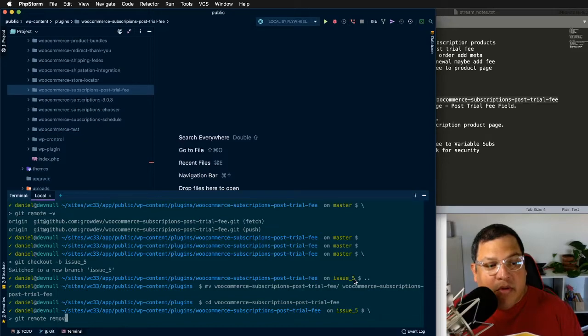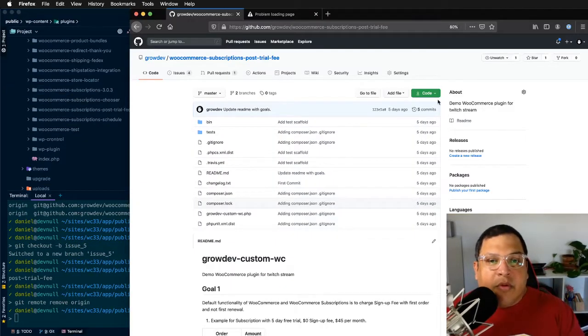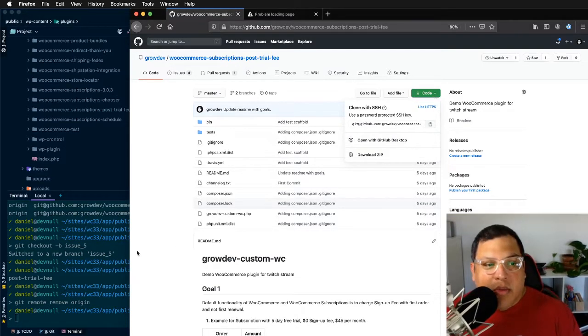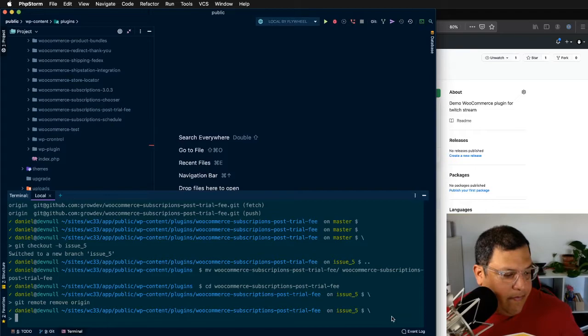Git remote remove origin, and then add the new one. So this should be correct now. Subscriptions. Man, these typos cause you trouble. Okay, let's see. Git remote add origin